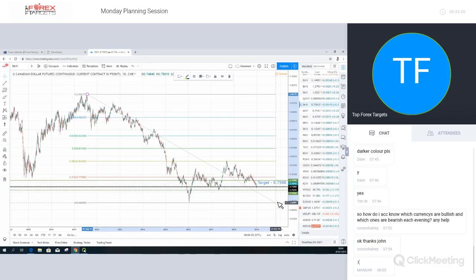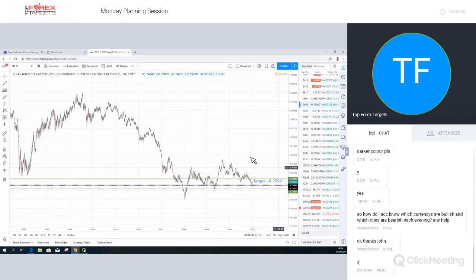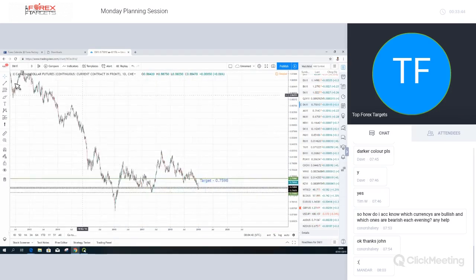If we measure the fourth wave, you can see we came right up to 38.2. So this has all the hallmarks of a fourth wave followed by the initial first wave down, because you can see here that we have 1, 2, 3, 4, 5, 6, 7 currently, which of course is not impulsive.